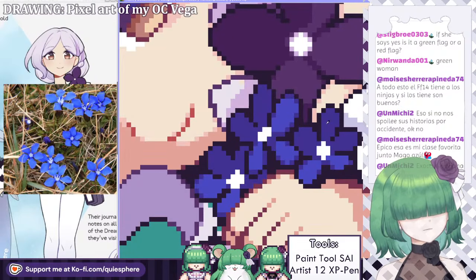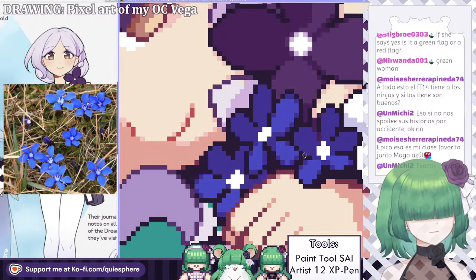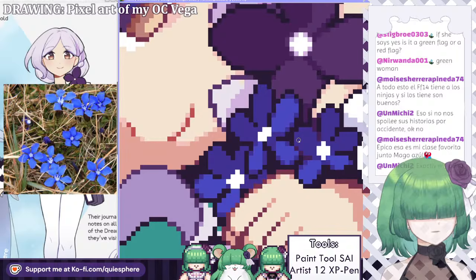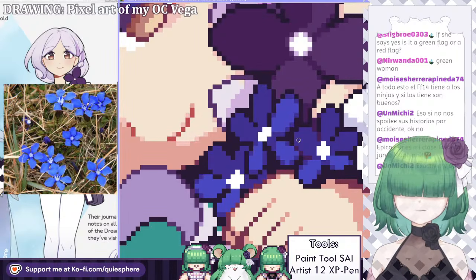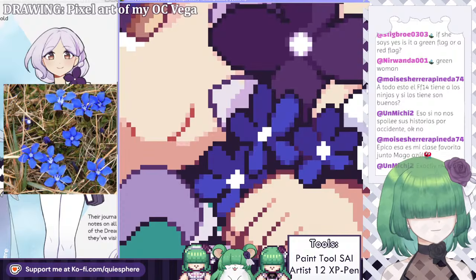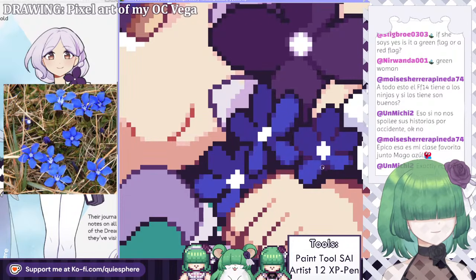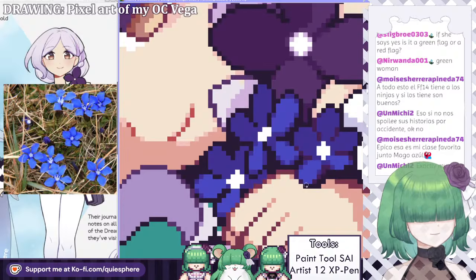Let's also finish the flowers a little bit more. Maybe purple? Doesn't seem like a bad color for the lines between them. Look at that, looks pretty nice. Here we go.